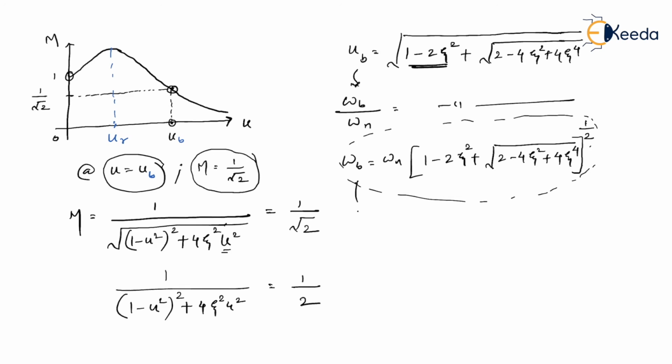Since I know the bandwidth now, this bandwidth also I have to relate to some time domain analysis parameter. That is nothing but the settling time. So what is meant by settling time? First of all, what is meant by bandwidth? Bandwidth means the range of frequency over which the system works okay. I repeat, the range of frequency over which the system is working okay. When I say system is working okay, it means we are getting satisfied output. System is behaving nicely. Let us understand what is meant by settling time.